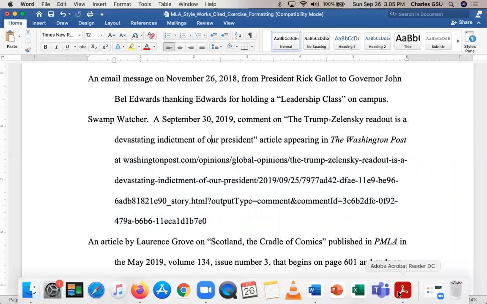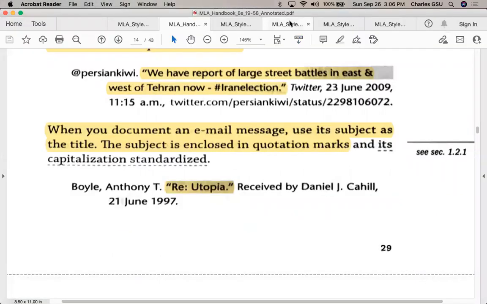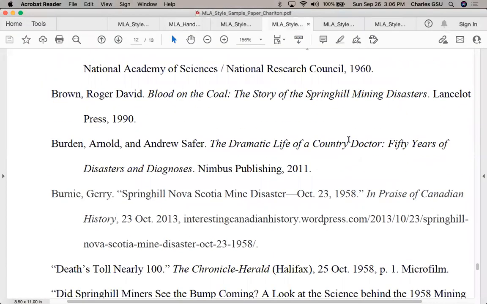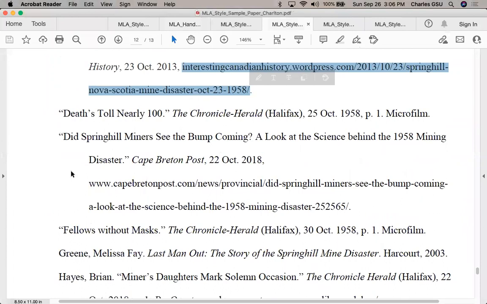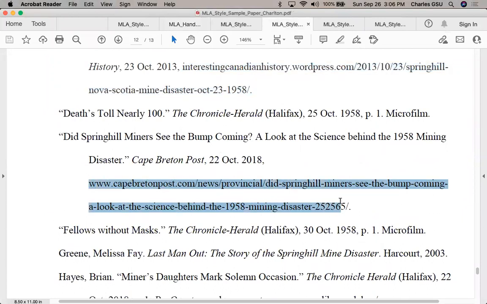So if we go back to those student samples, there will be some in here, like right here, and right here. Honestly, though, I am personally, as your instructor, not a fan of using the entire URL for a couple of reasons. One,